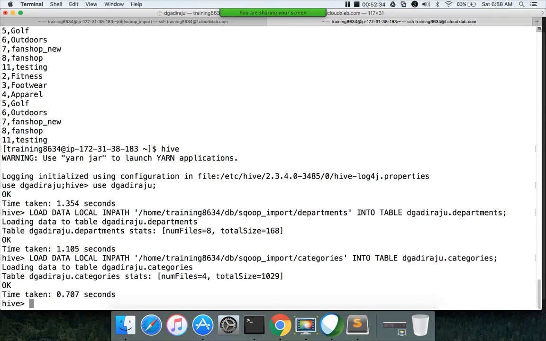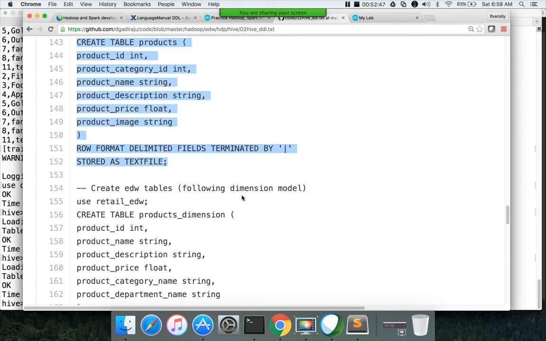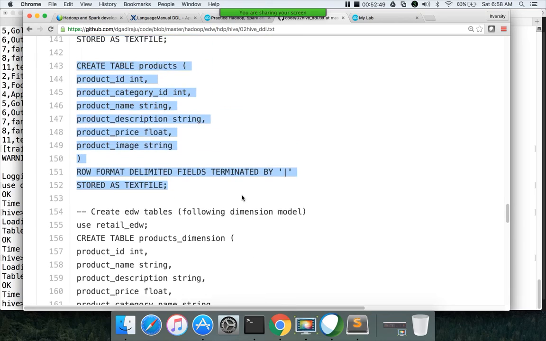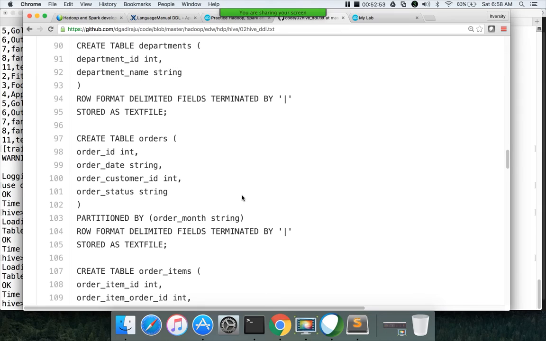Now we will go to an important aspect, partitioning. I have shown you how to load data into typical tables using the load command, local as well as non-local. And now we will see the partition tables. We already have the partition tables, orders and order items.